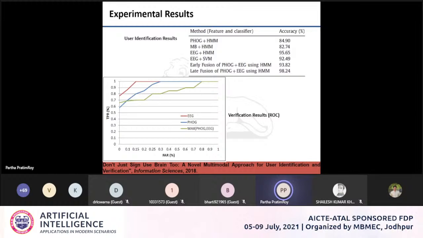Yes, there are several other papers on authentication, like signature based or online signatures or 3D signatures. We have done several experiments on this using EEG. We have found that when we record EEG signals while we make signatures, it actually provides good accuracy for authentication.